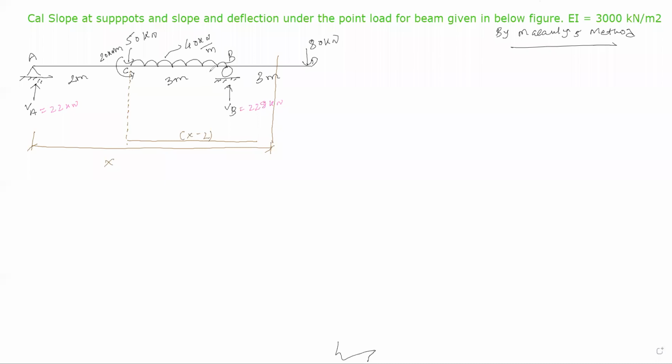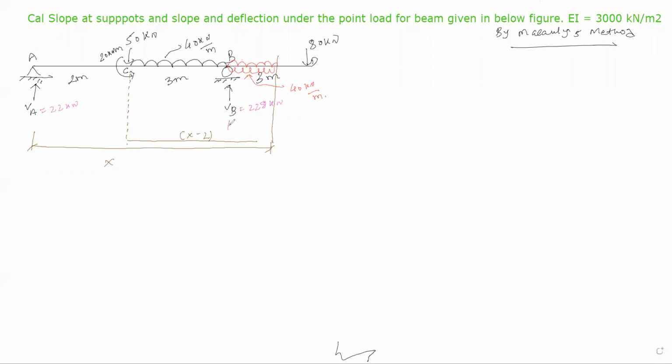Okay, so in this case, we have extended this uniformly distributed load up to the section. If I am adding this uniformly distributed load up to the section, then I must remove this uniformly distributed load from that particular portion. Yes or no? So both values remain the same, that is nothing but 40 kilonewton per meter. Okay. So now